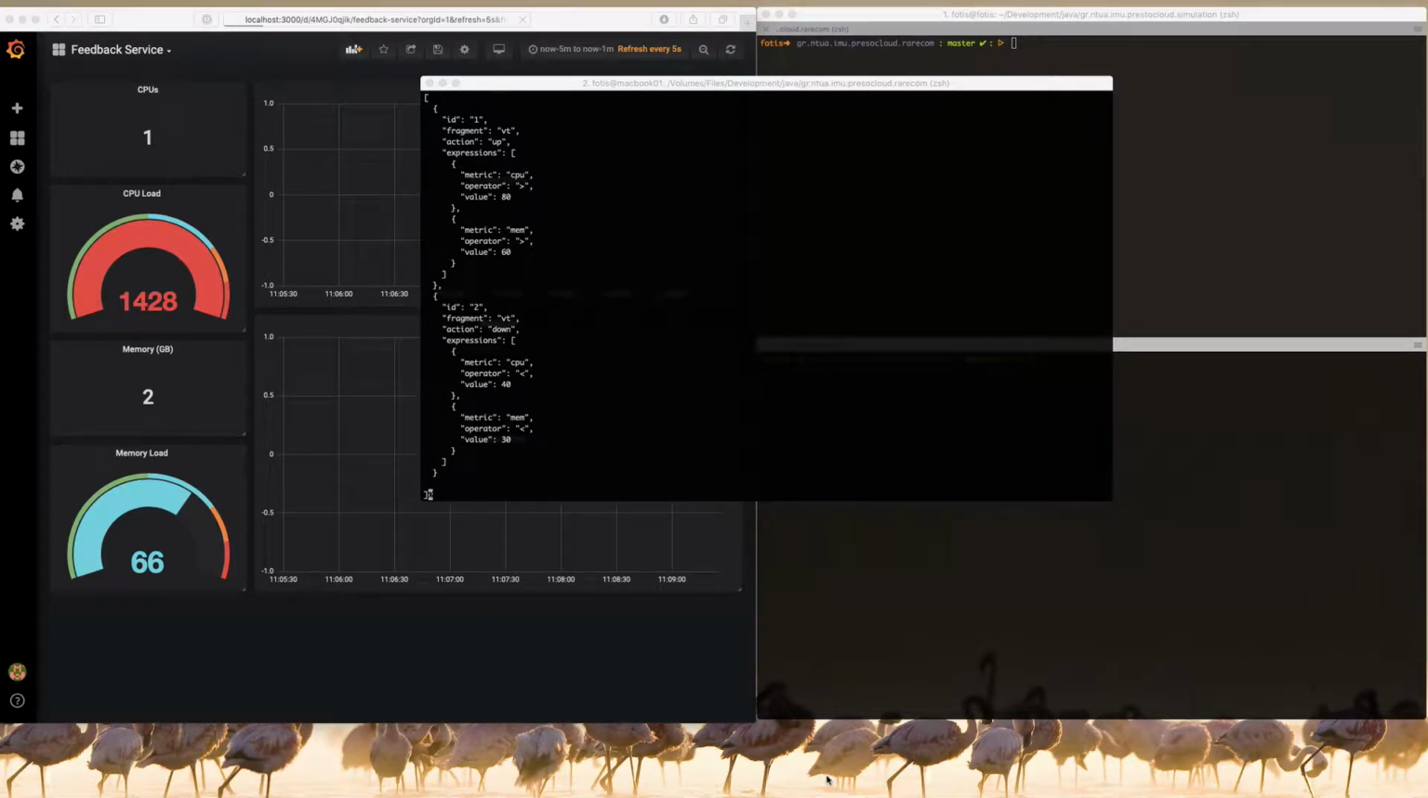Hello everyone, this is a brief demo of the new version of RARecom, the Resource Adaptation Recommender, which is part of the work done in the PrEstoCloud project. In order to provide a demo of the work done, we have created a simulation which will allow us to visualize how the resource adaptation recommendations sent by RARecom can affect a